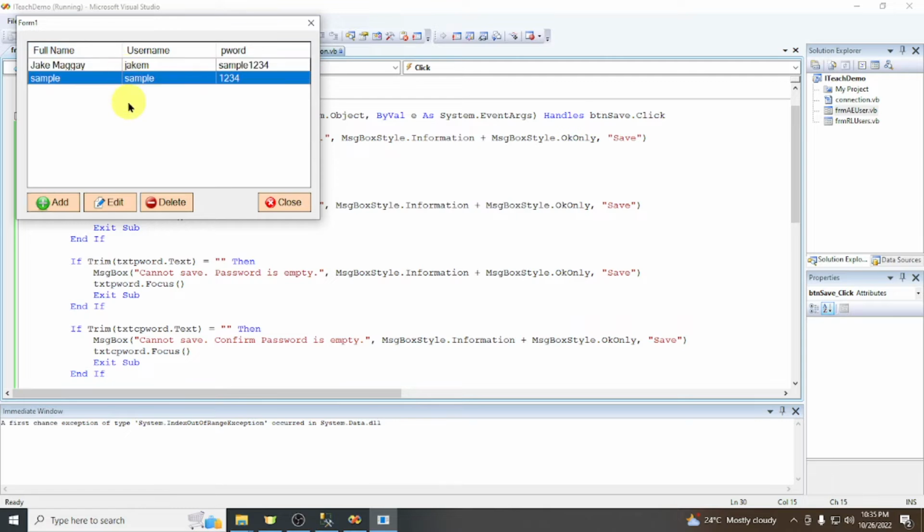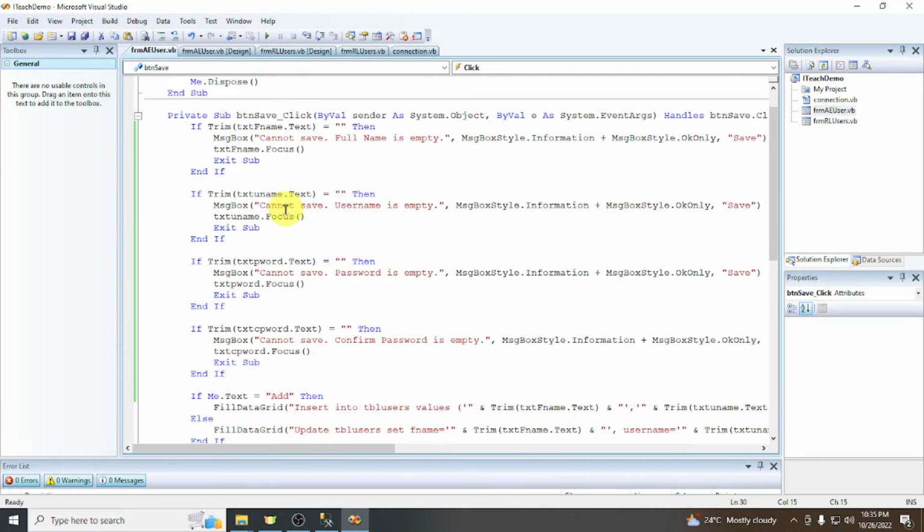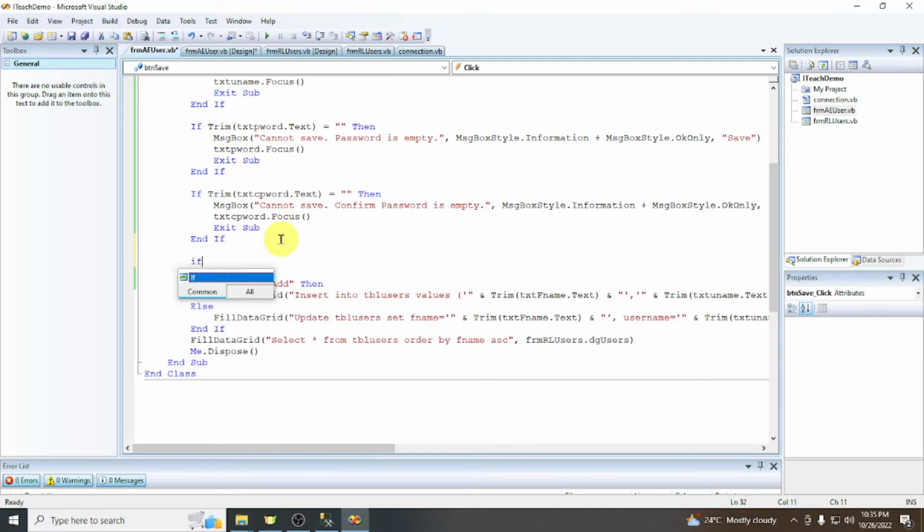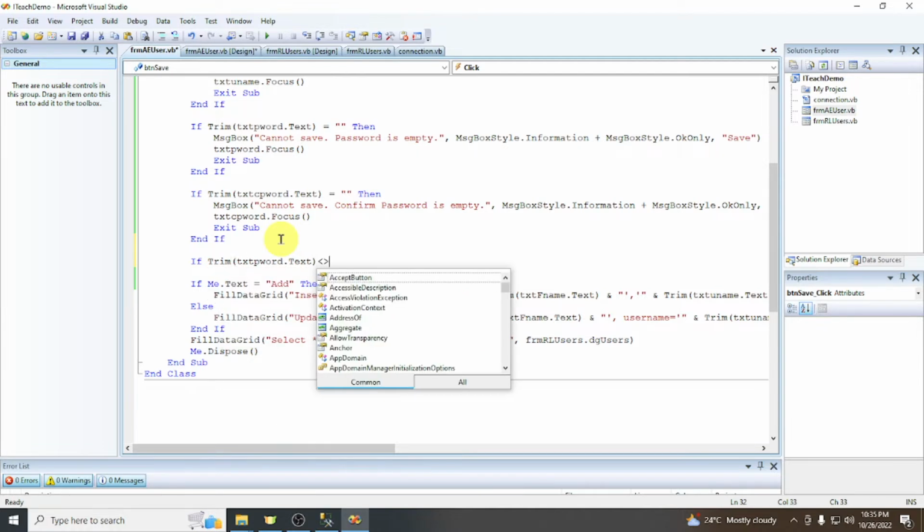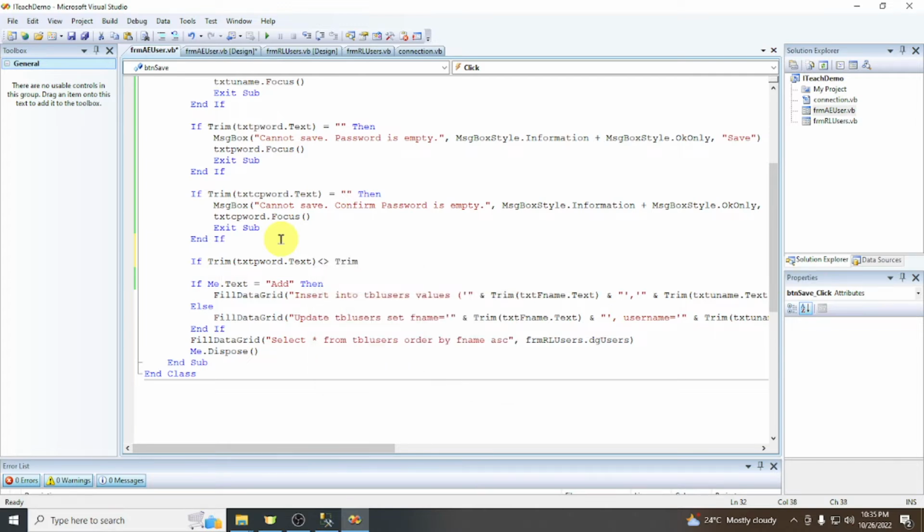Now what if we input different password in your password and confirm password? Okay, so let's trap that also. If trim txtKeyword.Text is not equal to trim txtCpword.Text, then